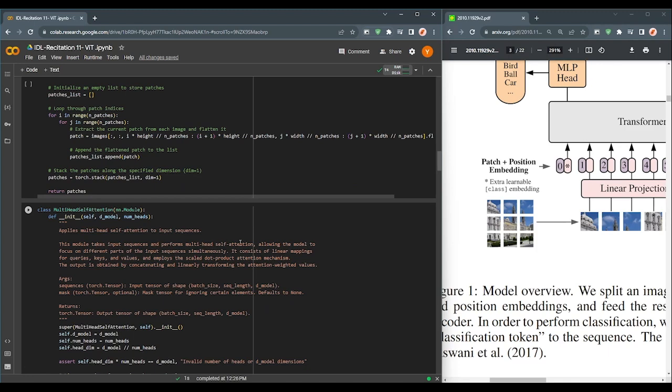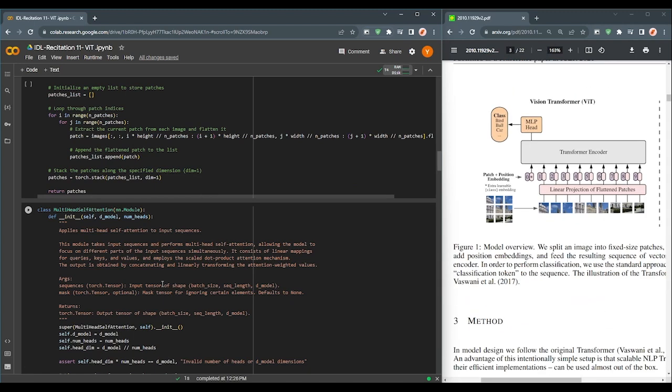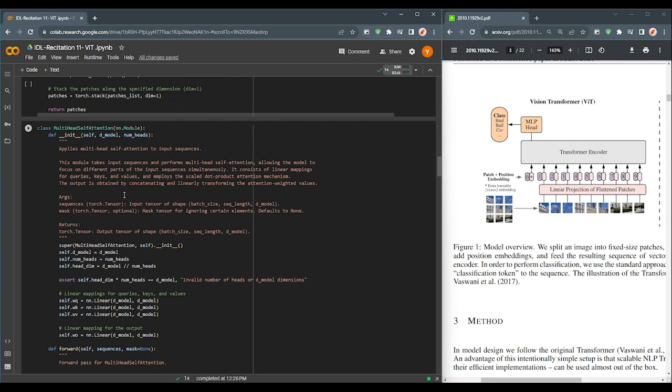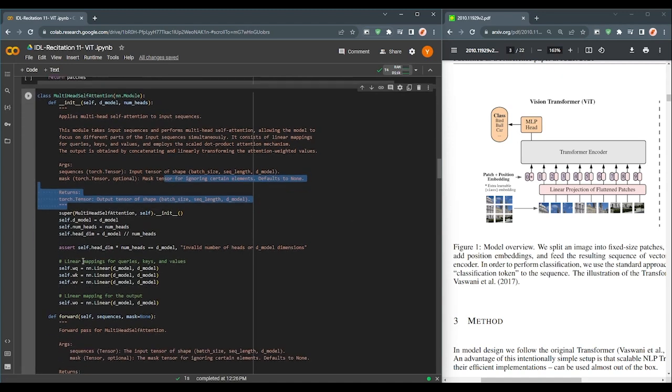After doing that, the next step is to code up the multi-head attention. This is similar to what we showed you in the machine translation. We just take an input sequence and perform multi-head attention, and this helps us focus on different parts of the input sequence simultaneously. It consists of linear mappings for the queries, keys, and values, and the output is obtained by concatenating and applying a linear transformation. The intended values will have a shape of this,